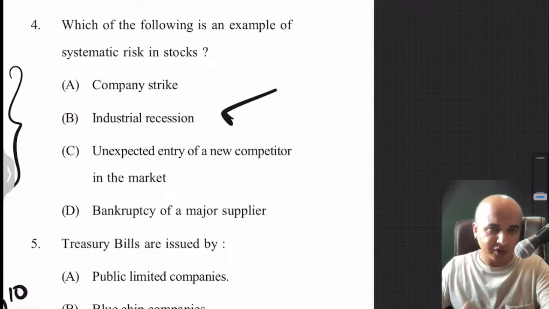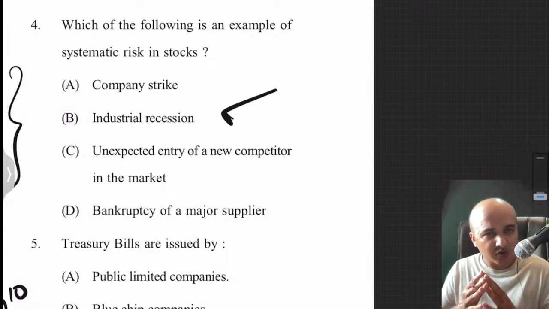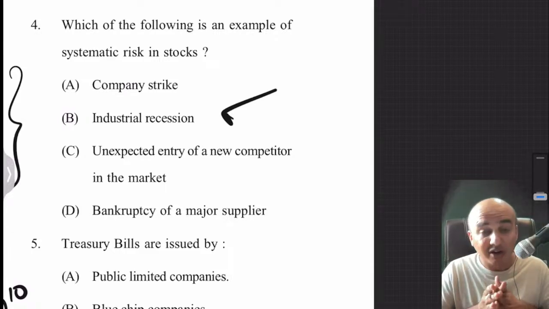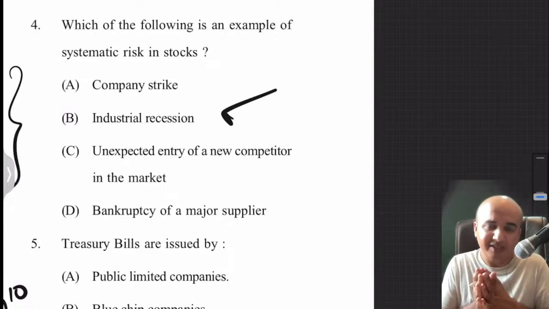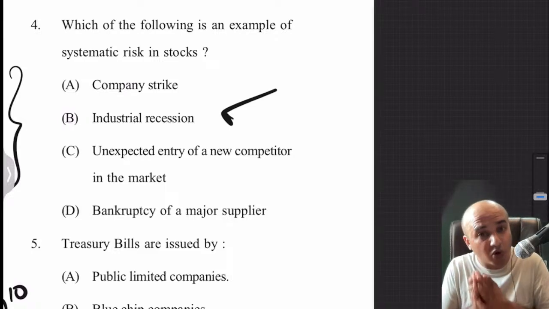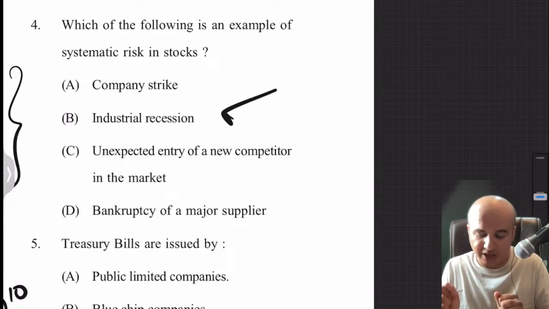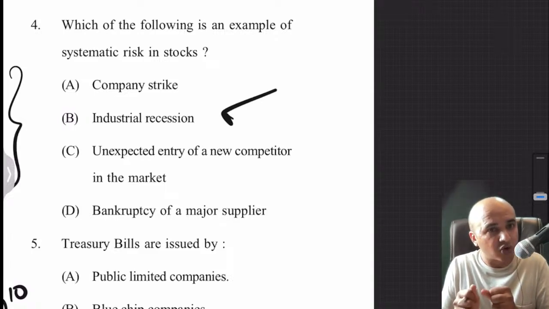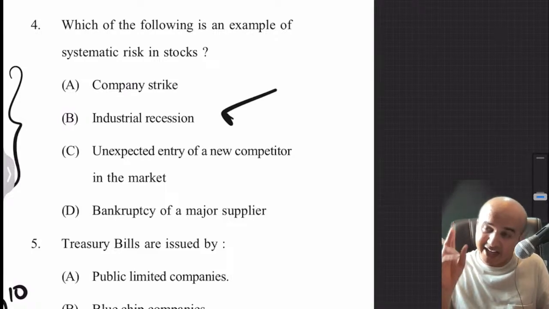Systematic risk, first of all, we should understand what it is. Systematic risk is also known as market risk or non-diversifiable risk. That means it refers to the risk factors that affect the overall market or a particular industry. It is beyond the control of individual companies. A company cannot do anything about the systematic risk. It affects the entire industry. Maybe let's say,